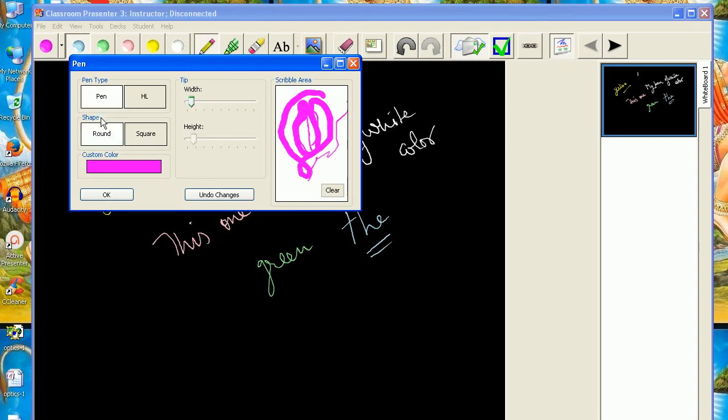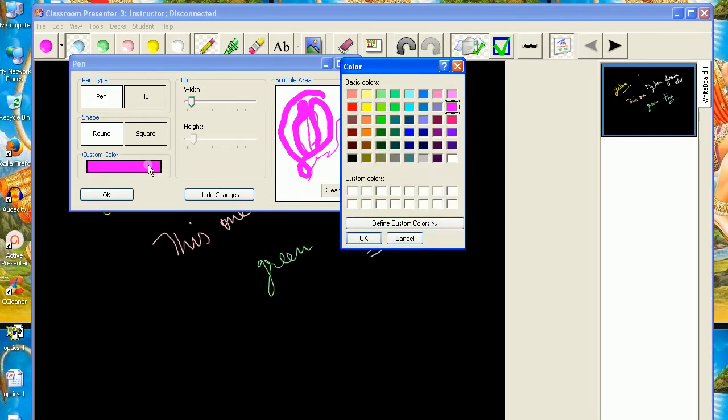Round, what type of shape you are giving to that, round or in a square form, what type of color you have selected here. So there are a number of options in the color box. You can select red, yellow, green, blue, whatever color is of your choice, you can select that.